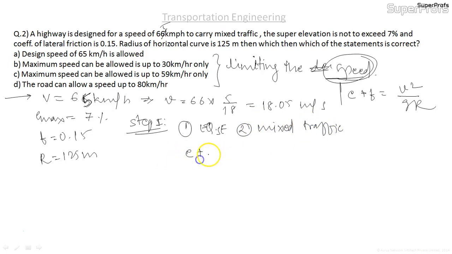So E plus F equal to 0.75 into V square, small v square is 18.05 square upon 9.81 into 125, which gives value of small e as 0.149, which comes out to be